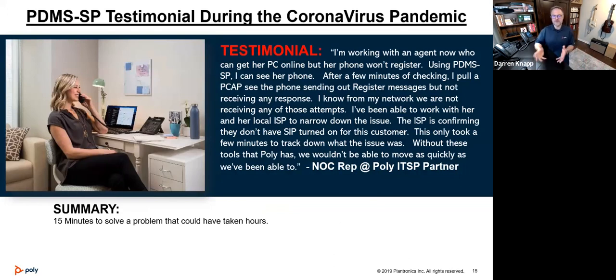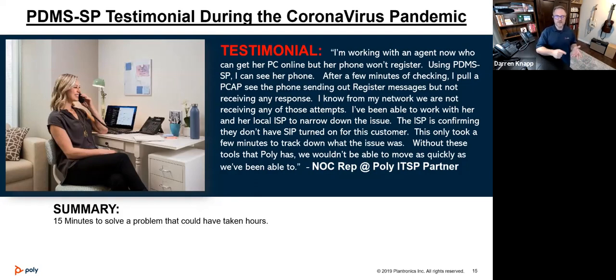So we know that it was already up and running. We know that the phone worked, but then when they took it home, it didn't work. We didn't see it trying to register. So we're at a loss. Is it the home network that's broken? Is it the ISP that's broken? What's going on? So when we connected it to PDMS-SP, because it was already connected,